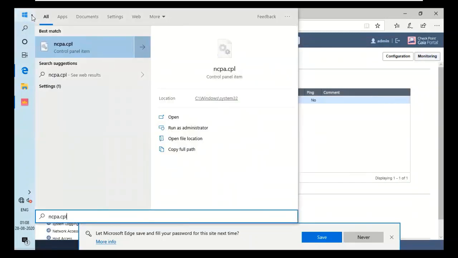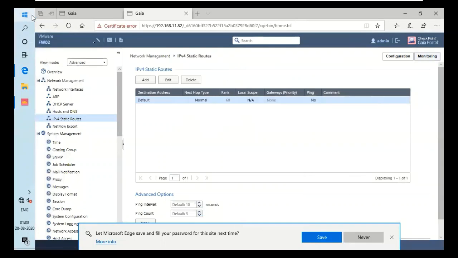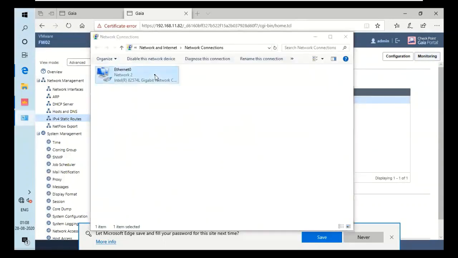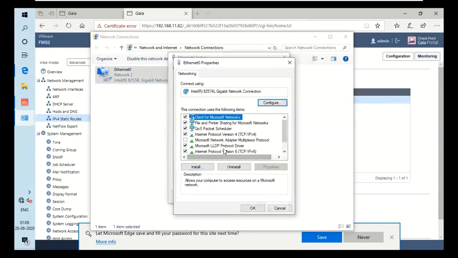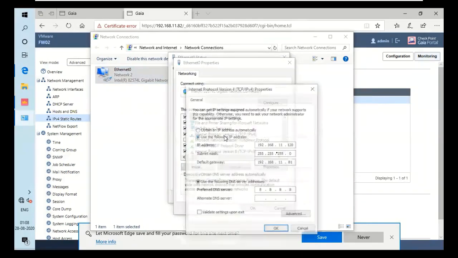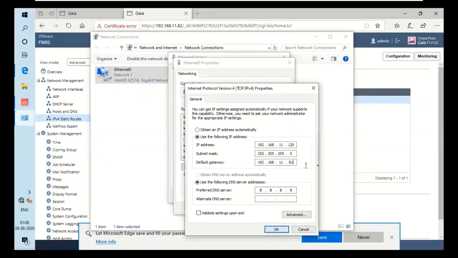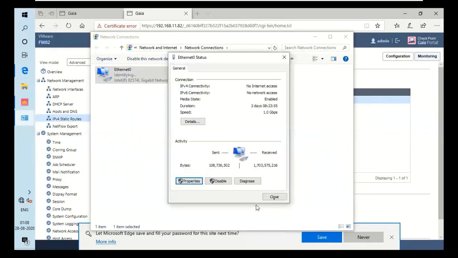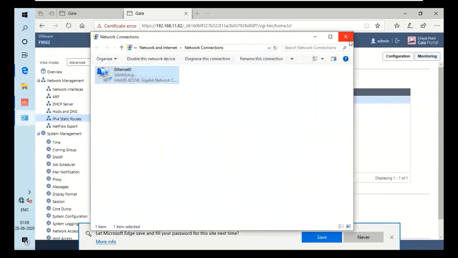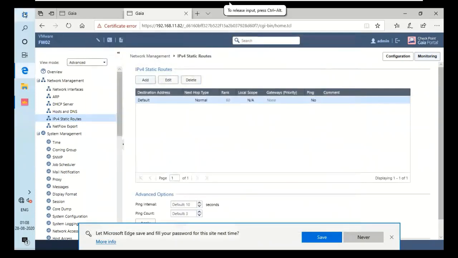I'll go for ncpa.cpl, which will open our network manager. I'll go for Ethernet 0, click on properties, go for TCP IPv4 and add .80, which is our virtual IP. Let's see.